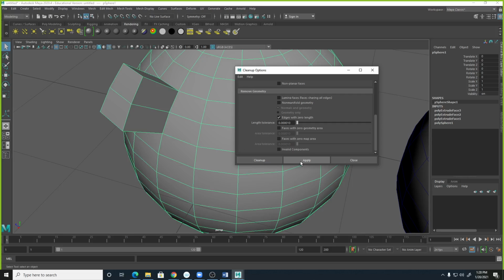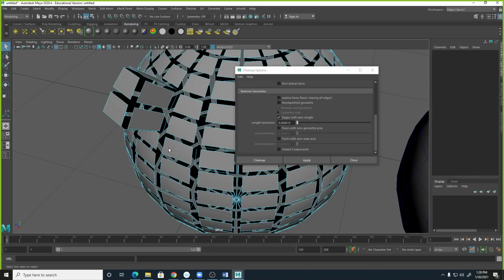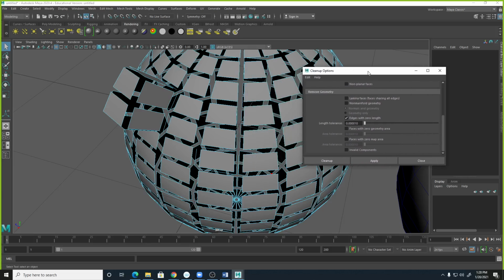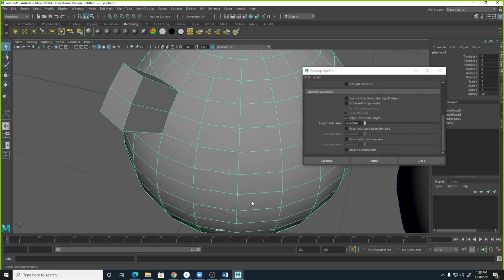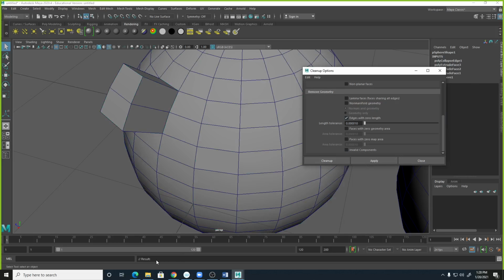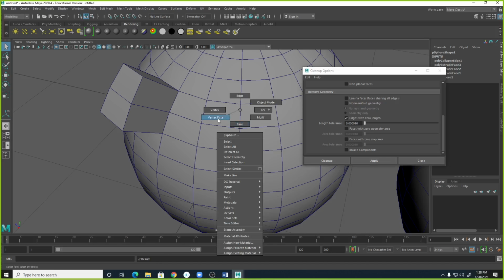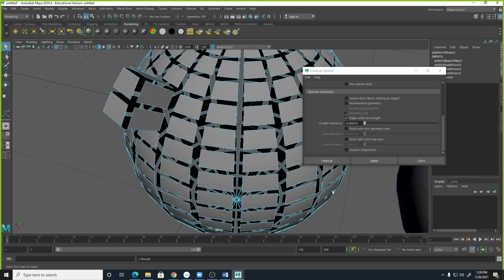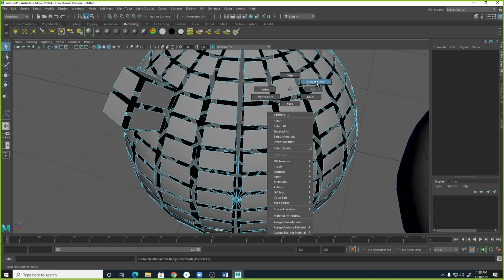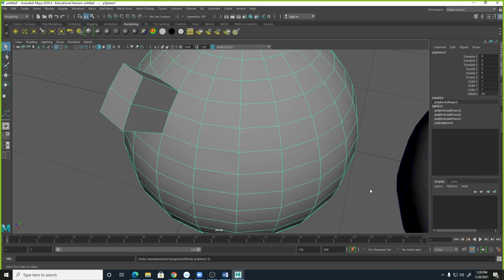So now when I click, let's take a look at it again. That line, let's see if we can remove it. Here we go. When I turn it on and click apply, cleanup, it shows the result, deselect, and now it's gone. In this situation you get lucky though, because it's not complex yet. I'm going to undo and leave it there. Now there's another technique, if you cannot delete that,